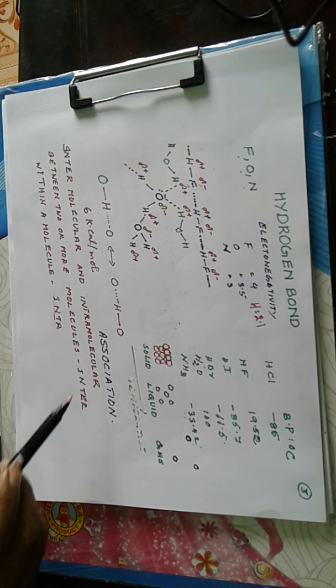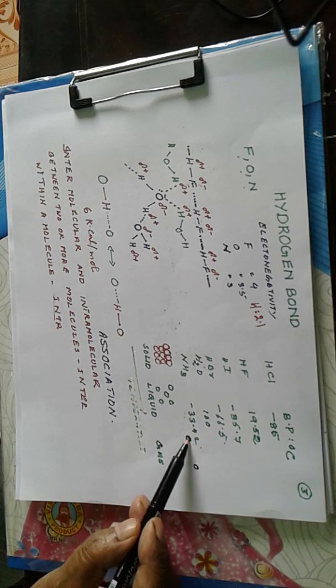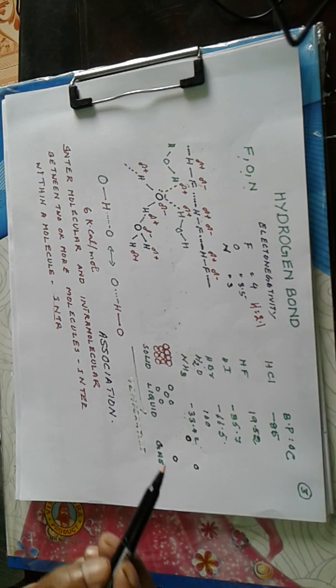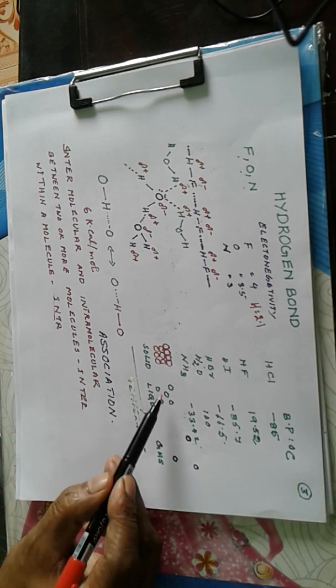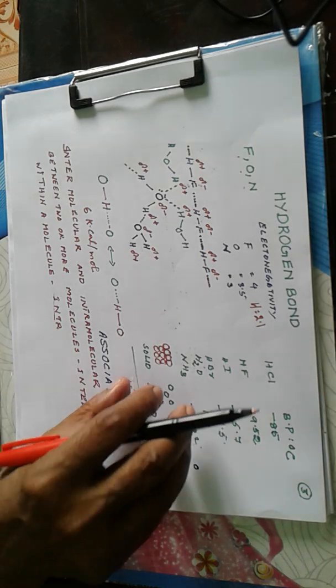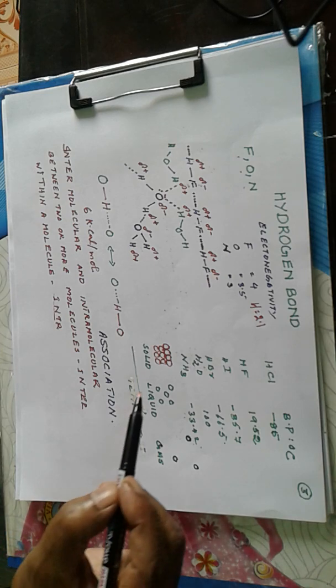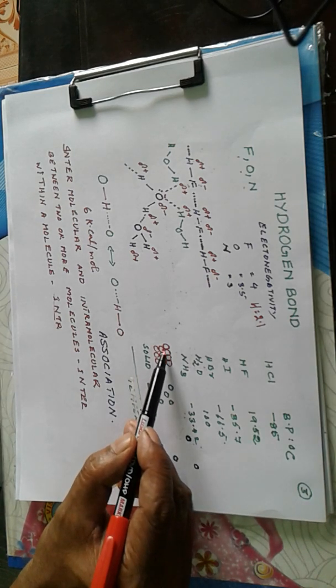Now hydrogen bonding causes association of molecules. See, in the gaseous state, molecules are far apart, whereas in the liquid state, molecules come closer. These molecules come closer and form the liquid state. So this is a type of association. So molecules are associated, coming closer, and in the solid state they are coming very close to each other, so we get a packed structure like this. So molecular association due to hydrogen bonding